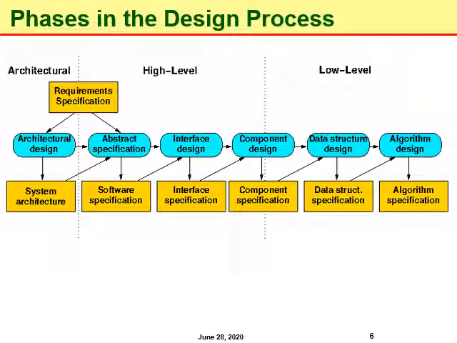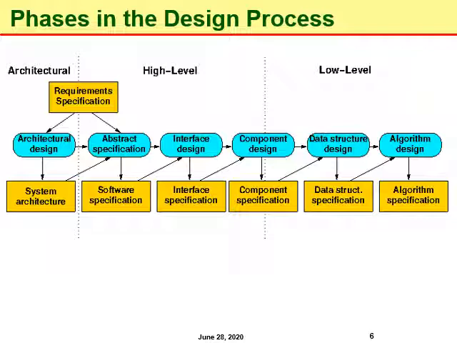whereas high level design breaks the single entity, multiple component concept of architectural design into less abstracted view of subsystems and modules and depicts their interaction with each other. For example, as can be seen in this figure, at this stage the focus shifts to activities such as interface design and component design. So high level design focuses on how the system along with all of its components can be implemented in the form of modules. Then the third